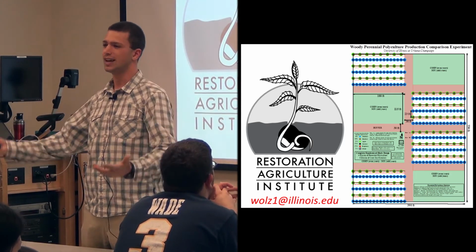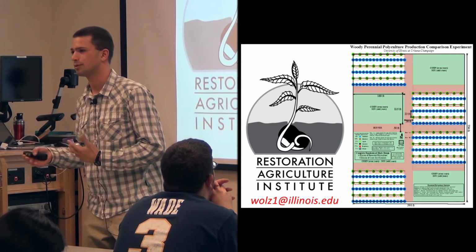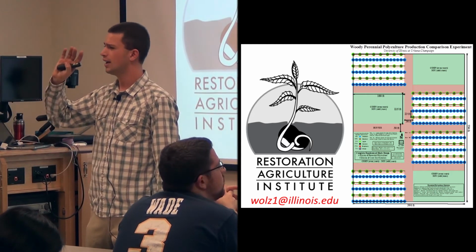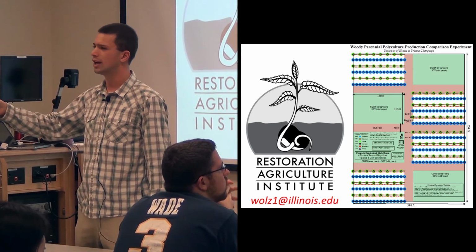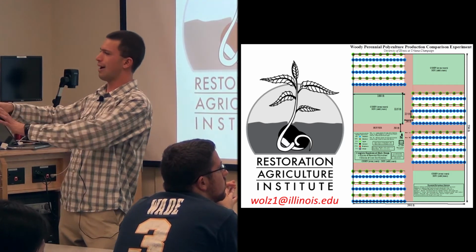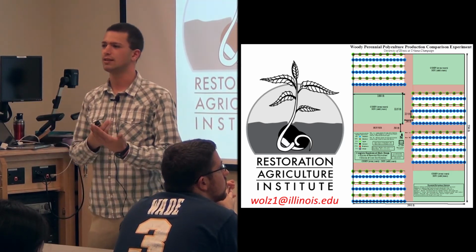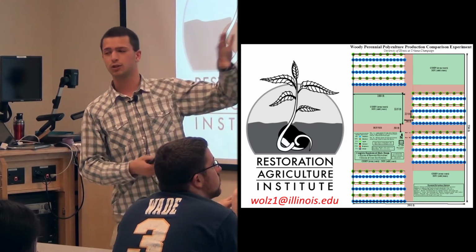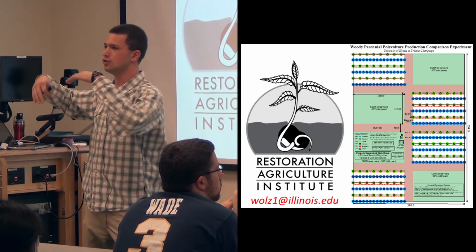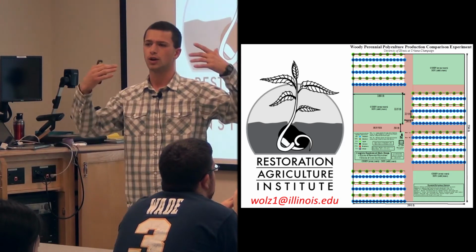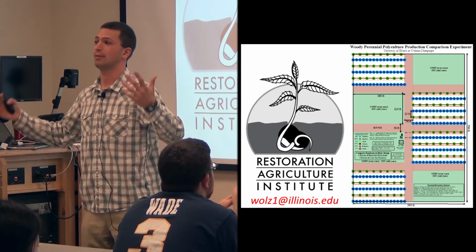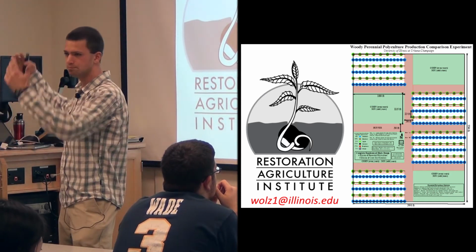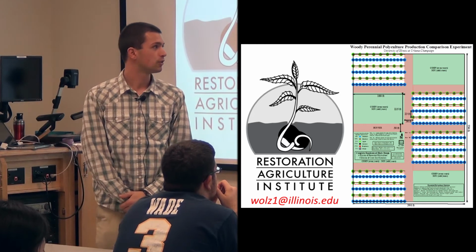So we have a lot of qualitative data and a lot of observational studies from farmers and different organizations that say, hey, those trees over there, they're working really well together, and I haven't had any problems with this, and it seems good, and it makes intuitive sense that we have biodiversity and habitat, and that's great, but we don't have any of the hardcore scientific replicated data that says that when you take the system and throw it in the ground, it can actually do those ecosystem services that we want it to do. It can actually grow a lot of food, and it can do so in an economically relevant way that is easy to harvest and easy to input into our current economic and processing system. So that's what we're working on down there.